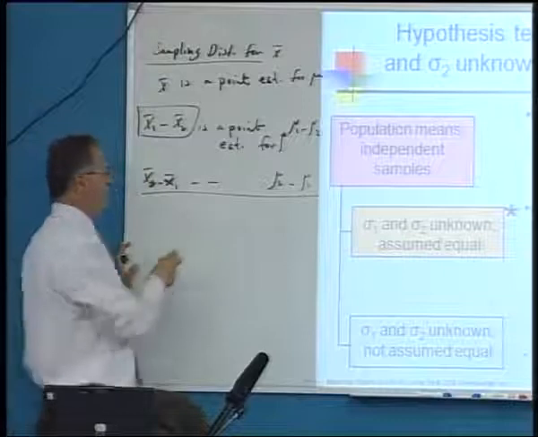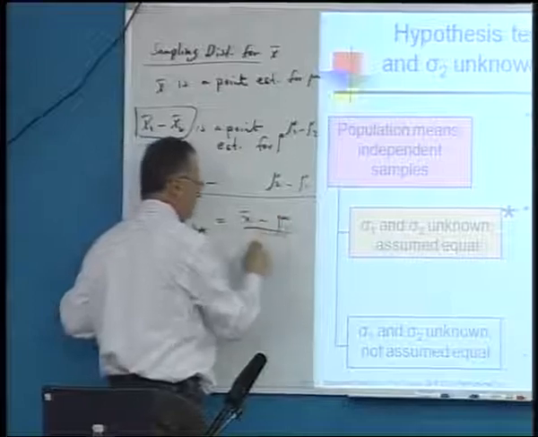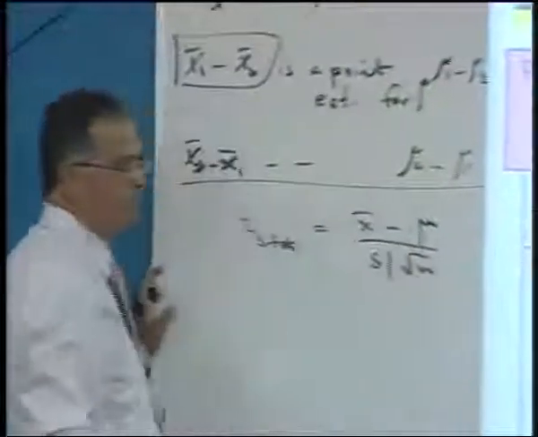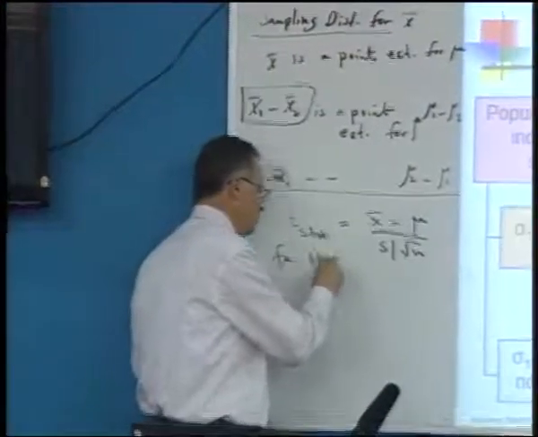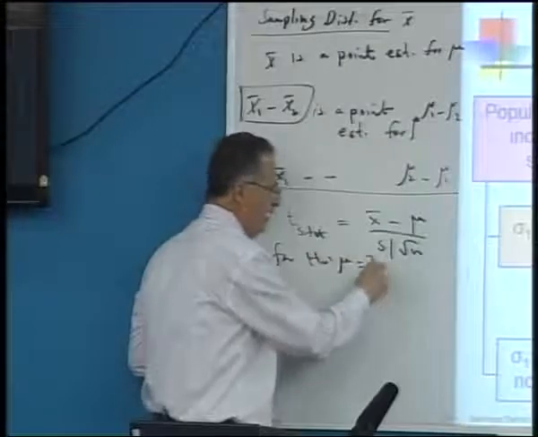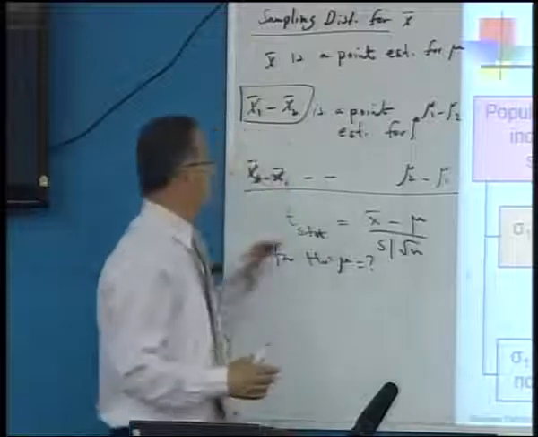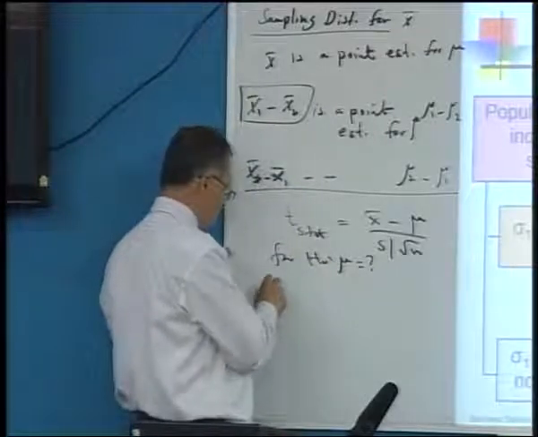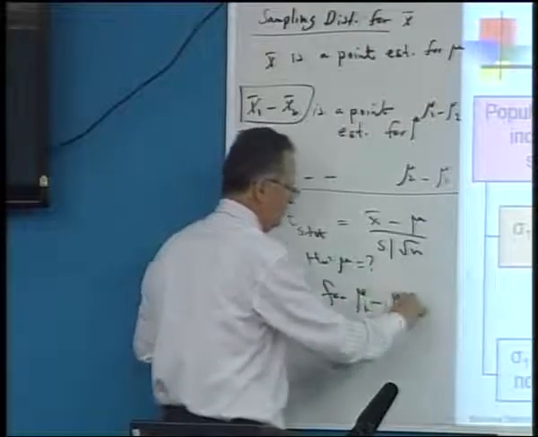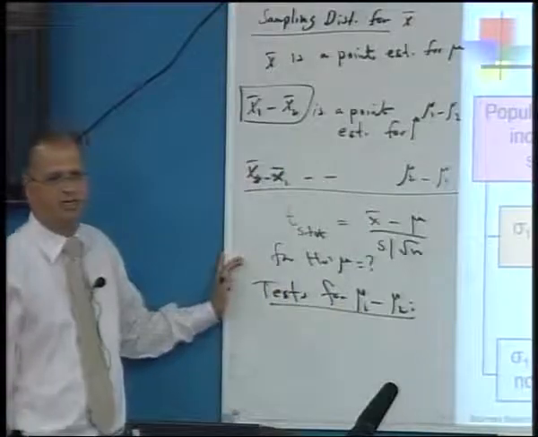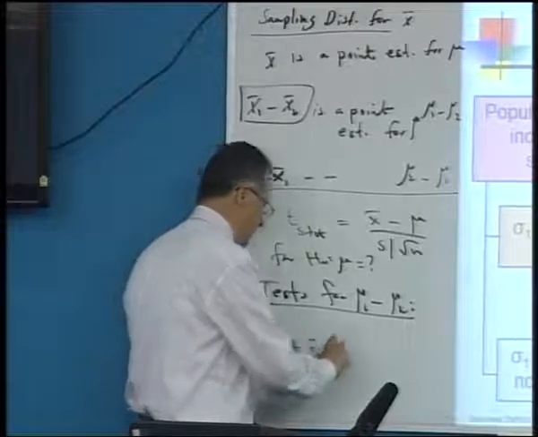The first one was x bar minus the mean divided by s over root n. That's okay if we are testing for mu equal to any value, for example 3 or 4. Here we are talking about the difference, a test for mu1 minus mu2. So my t statistic equals